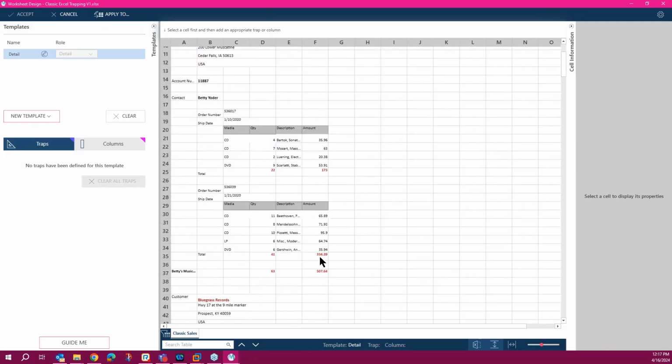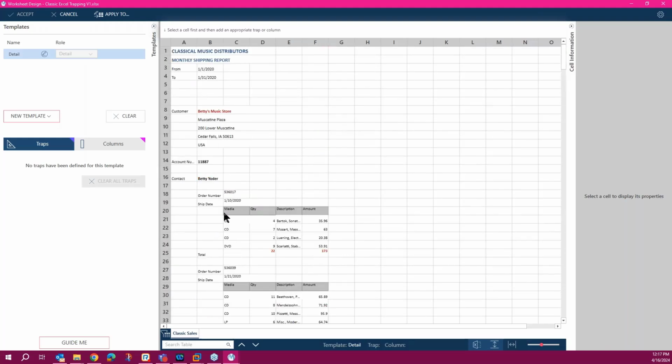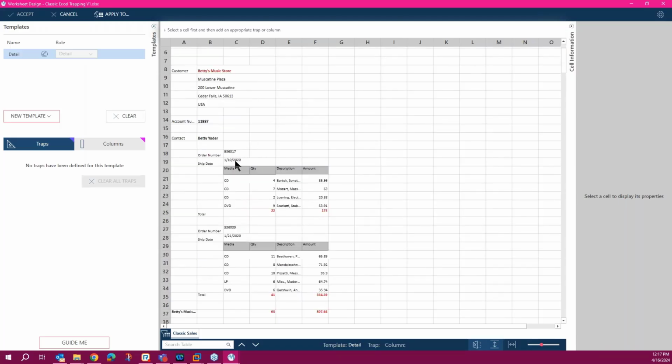Again, I have to look at the data and see what data would be used for detail, because those data would be the data record for the table. So the media obviously is the one that's repeated. So I want a record for every media data or row as a data record, and other data would be repeated for the detail template.